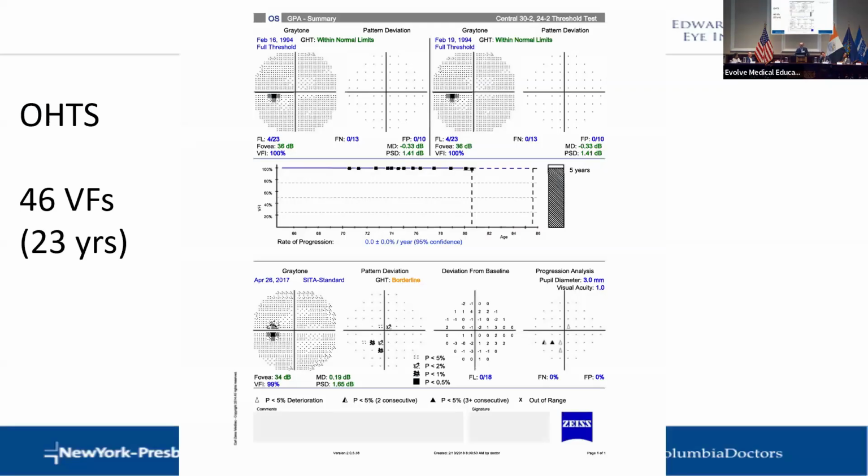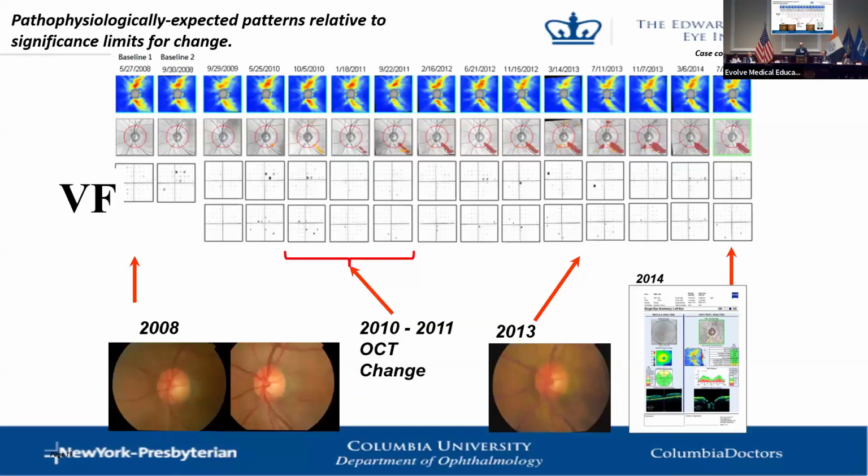Here's a patient from the OATS trial, followed for 23 years with 46 visual fields, all of them pretty much normal. Maybe the last one is beginning to show some signs of change. That's a lot of testing, giving absolutely no information. This is a slide courtesy of Christopher Leung in Hong Kong from one of his papers,